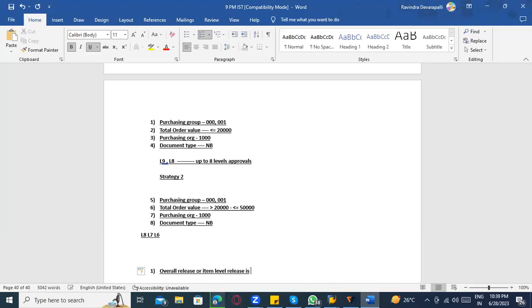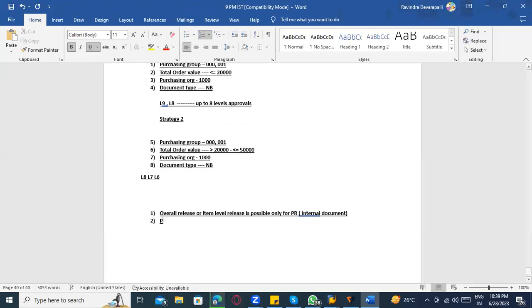This is possible only for PR, that means internal documents. And for all external documents, that means PO, RFQ, service entry sheet, contract, or scheduling agreement, or anything which is an external document,